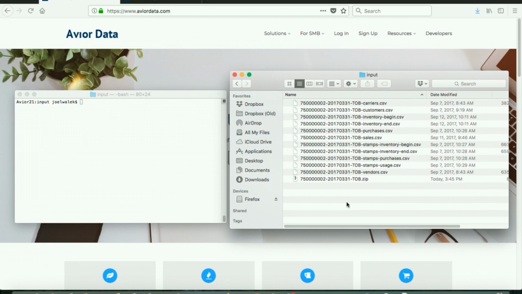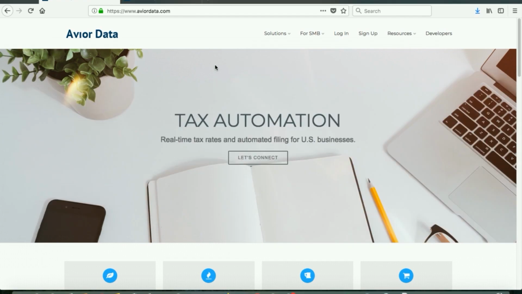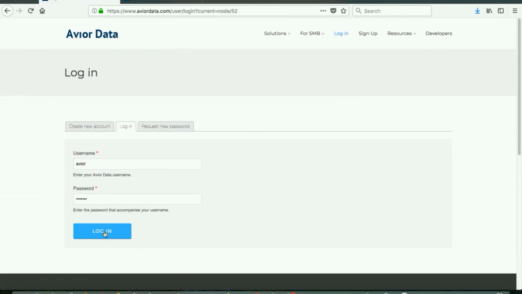So once we have your data with the correct amount of data and properly formatted, we'll have you create the reports and send us the files. Now to send us the files, there's two methods. There's the portal and what's called SFTP. I'll show that later. So through the portal, you'd go to our website at aviordata.com, log in, use your provided